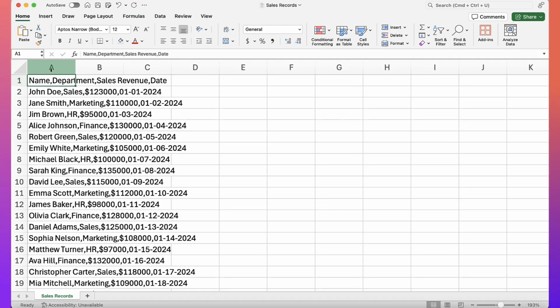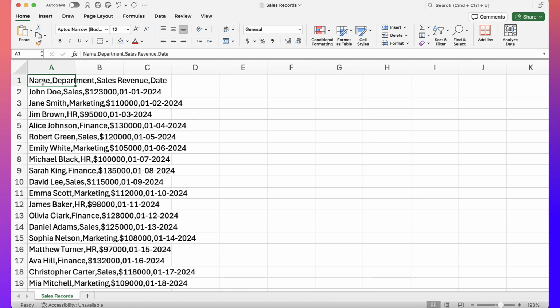So here I double clicked on an Excel file, and Excel opened it in a manner which all my data was put into column A. So if I look here, everything's in column A, and that's just because Excel wasn't able to determine what the delimiter was for my CSV file. More often than not, Excel's really good at this. You can double click on it and it's going to open up fine. But if you do come across this, one really quick way you can fix this is to first just select